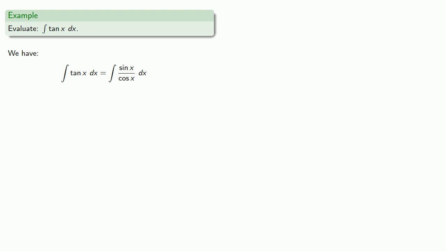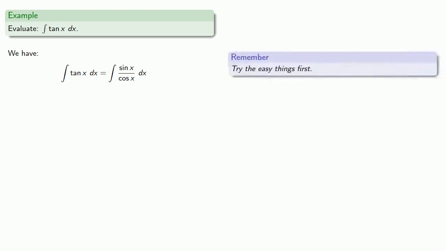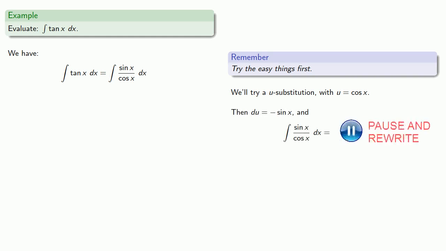So we can evaluate this integral. Well, remember, try the easy things first. And the easiest thing to try first is a u substitution. And we'll try a u substitution with u equal to cosine x. Then du is negative sine of x, and so our u substitution gives us,